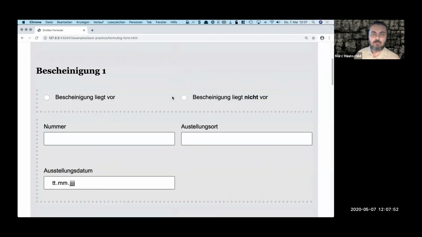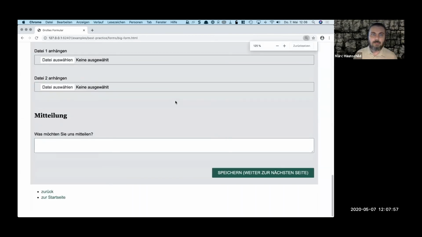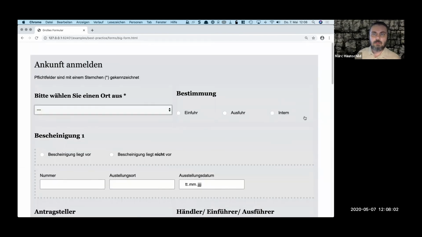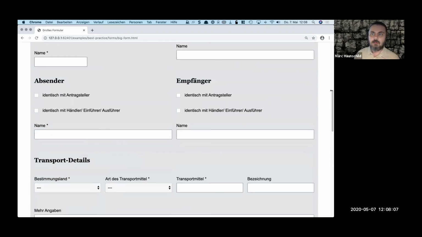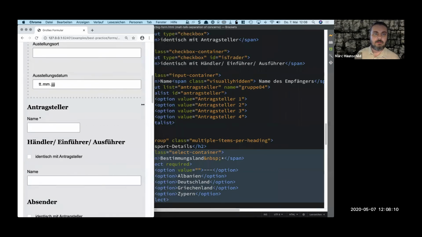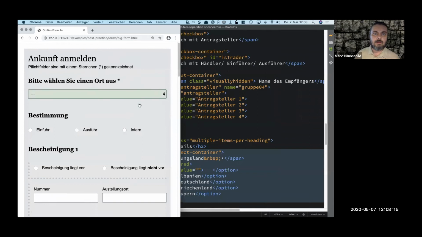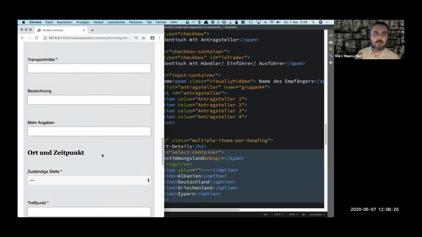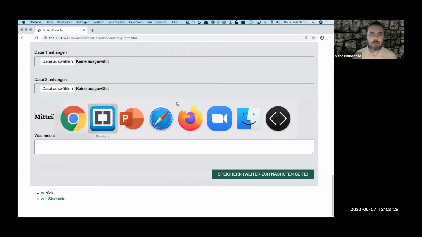So we have really a lot of fields in here. And if I make this smaller, you will see that this is a complex form with a lot of things next to each other, and it's completely responsive. Everything is staying in the viewport, in the visible area here. The layout is changing. If there's not enough space, things are standing under each other, not next to each other anymore. And this all is happening with really little CSS,